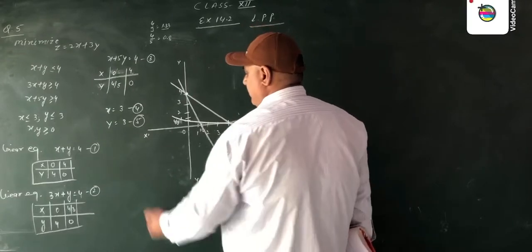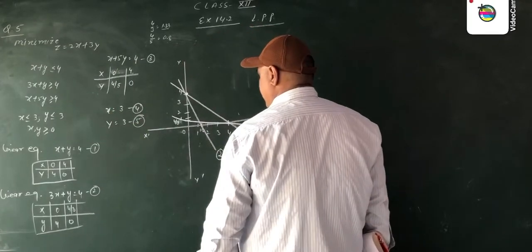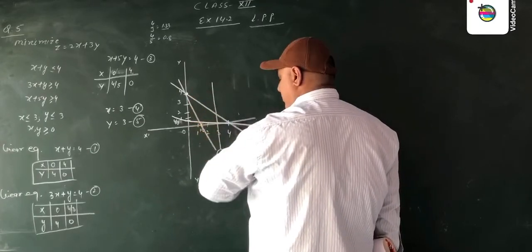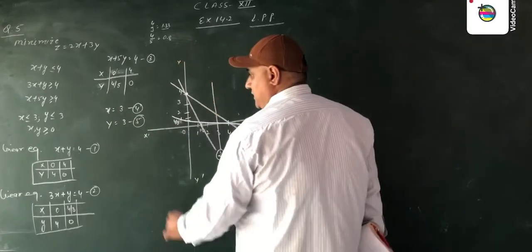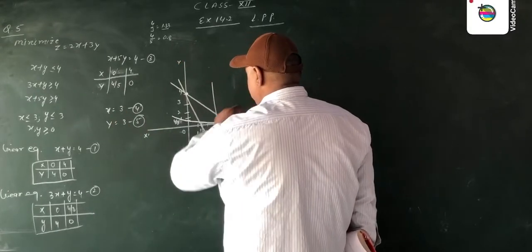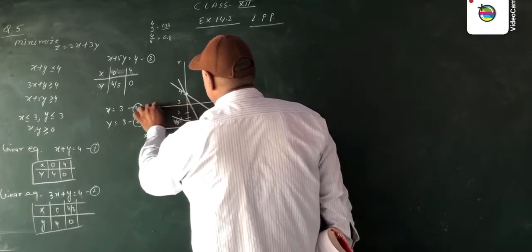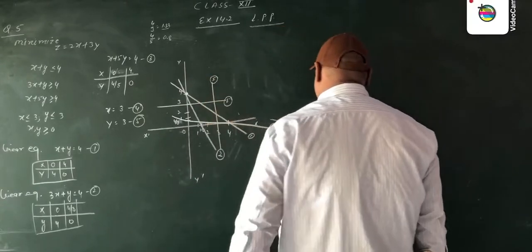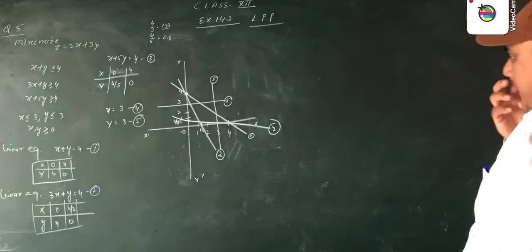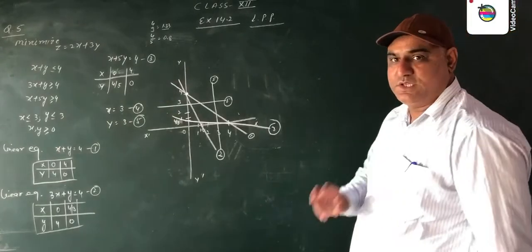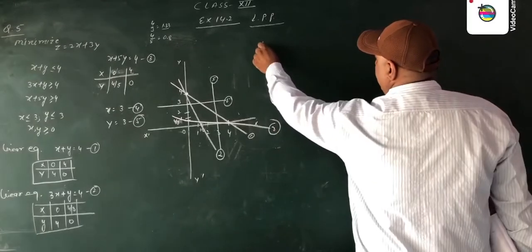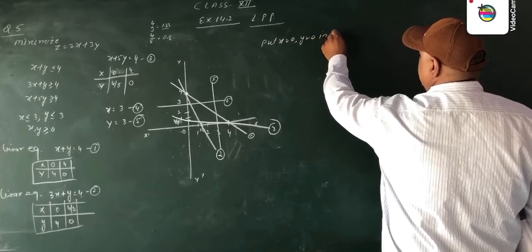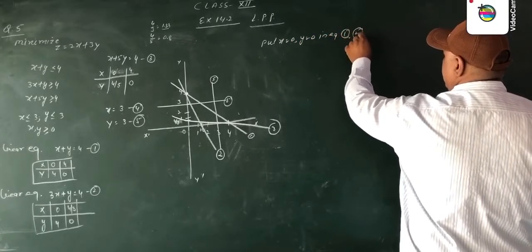Now the next equation says that x = 3. We take the straight line of x = 3, because here the value of y is 0. And the other says that y = 3, so we take the line y = 3. This is equation number 4 and this is equation number 5. We draw the graph of all these equations. Now we take the common area for these equations. Now put x = 0, y = 0 in the first, second and third equations.